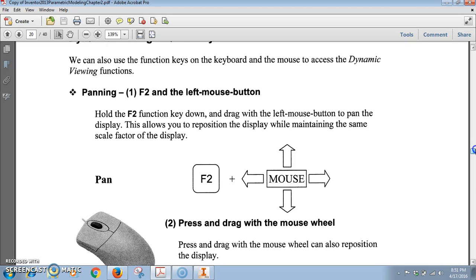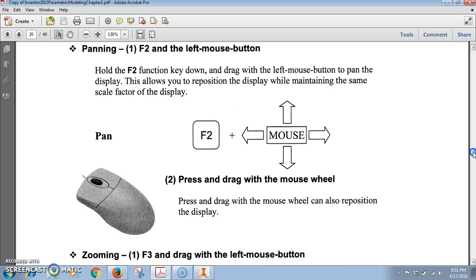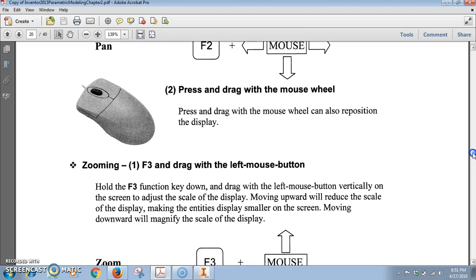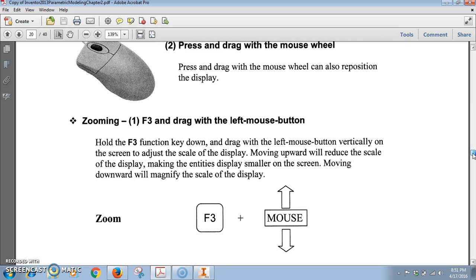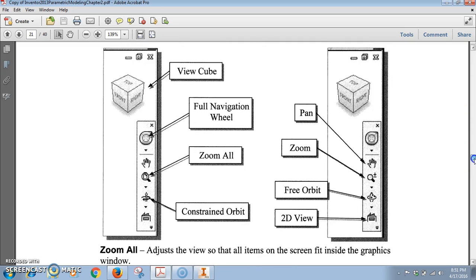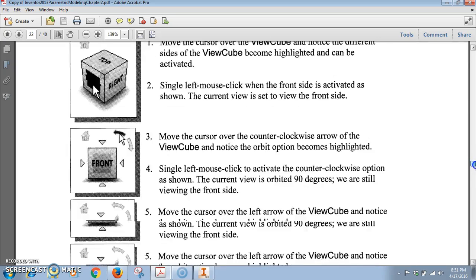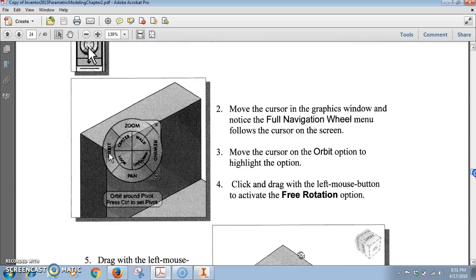Here's panning. Panning is really nice. I showed you that before. It's a pan, or I like to call it the hand tool because it looks like a hand. But it shows you that if we had mice, since hopefully next year we'll have mice, you can zoom by scrolling on the little scroll button on the mouse. So that's really neat too. Now here's showing you view cube and all that, zoom extends all. You can play around with all these at your own free will. But I'm going to show the